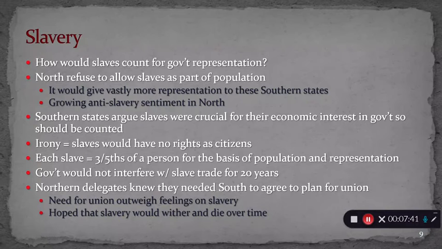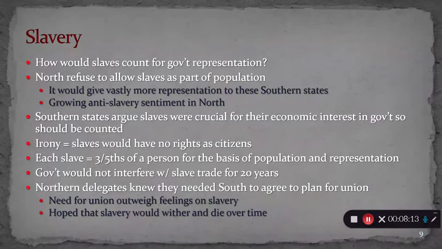When we talked about representation, some of you might have had in the back of your mind, okay, so states were getting representatives based on the number of people that live in their state. What about states that have large numbers of enslaved people? And that's actually a very good question. Go and give yourself a candy bar, because that's actually one of the main concerns that delegates at the convention had,